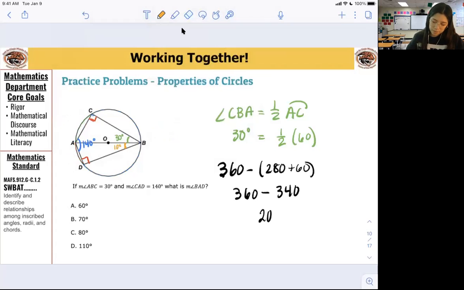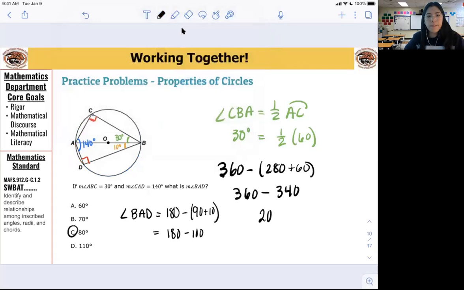If that's 90 and that's 10, angle BAD is going to be 180 minus 90 plus 10, 180 minus 100, 80. 80 degrees. Answer choice C. That was only one way to do it. There are a lot of other ways. For example,